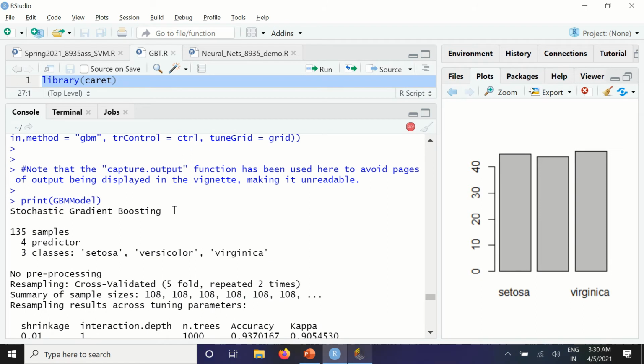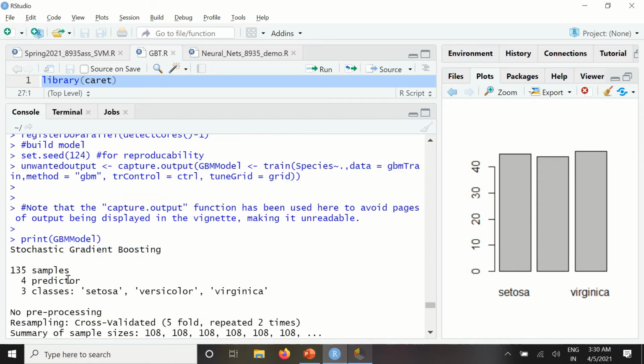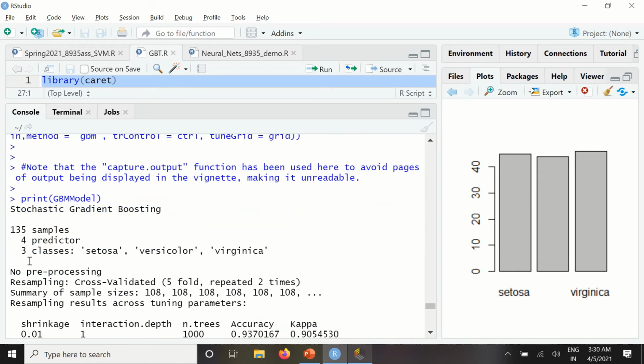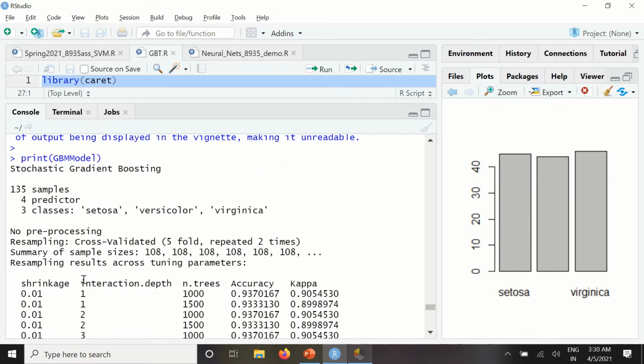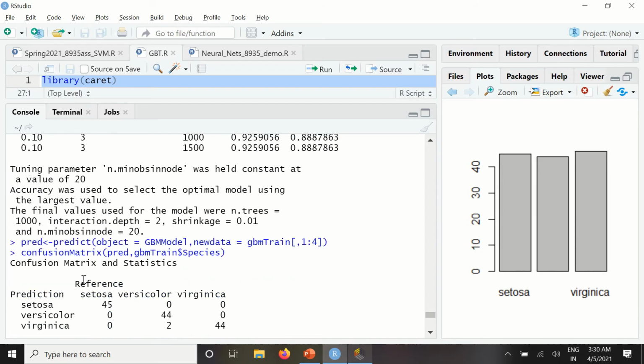So the console gives us information about the gradient boosted modeling technique, which tells us that 135 samples and 4 predictors have been used and 3 classes have been classified. There is other information which is of no use for us.